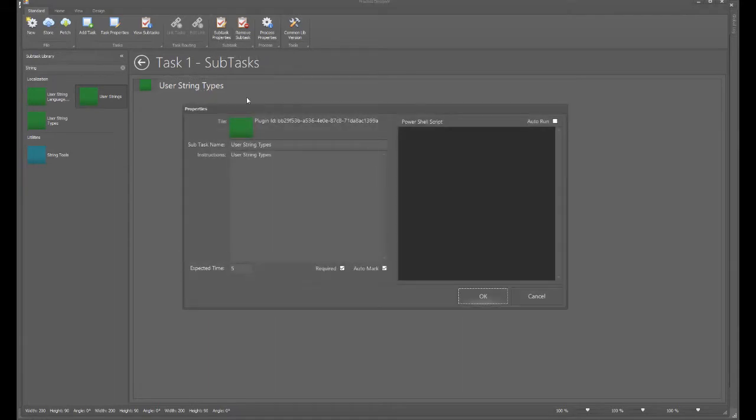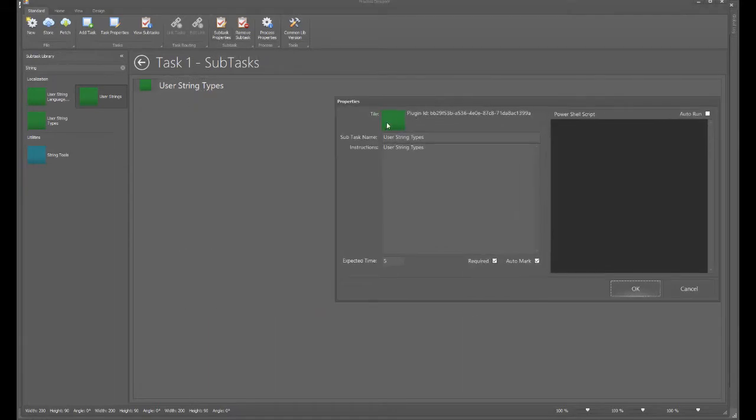What do we have here? Well, first we have the plugin ID and the tile that's being used to represent it. And we also have a subtask name. So let's give it one. Let's create a user string type. And then you come in here and go,